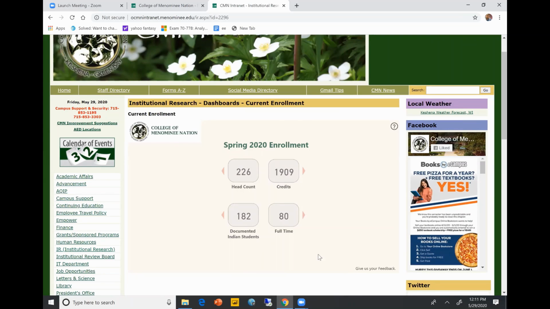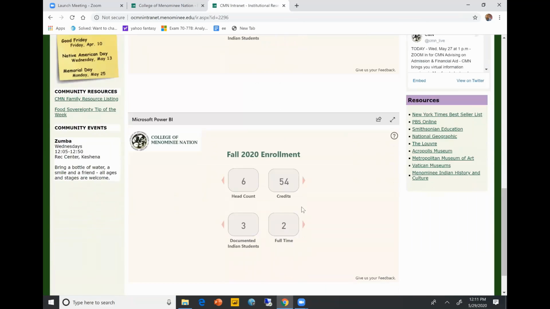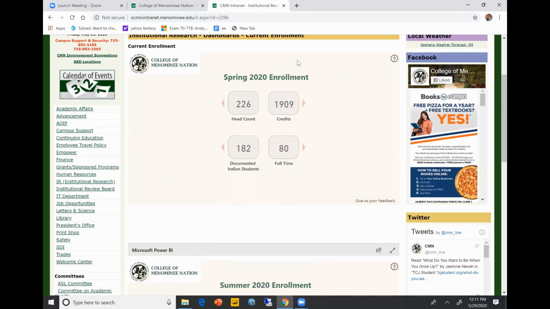But essentially, these dashboards for spring, summer 2020, as well as fall, highlight some general information about CMN enrollment: the total headcount, credits, full-time students, and how many of those total headcount are Native American. Within each of these dashboards or reports, there are arrows that you see here. And if you click on them, a drawer will pop up that gives you more information about that